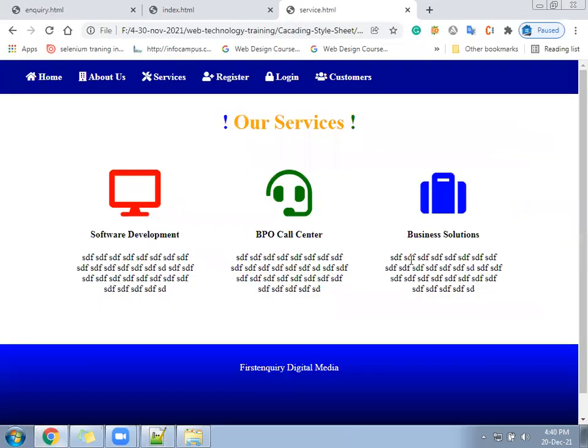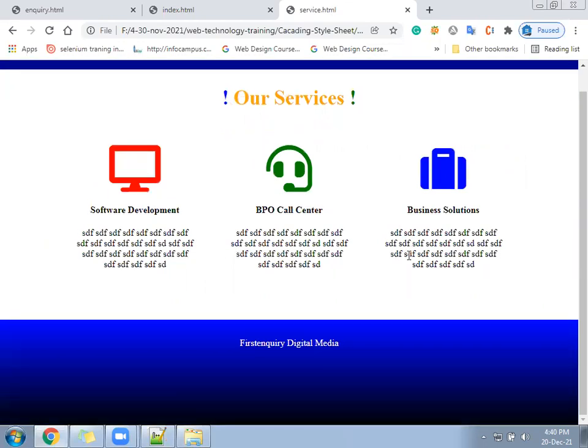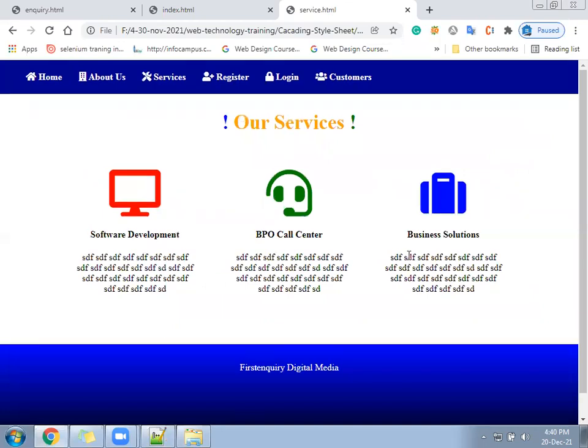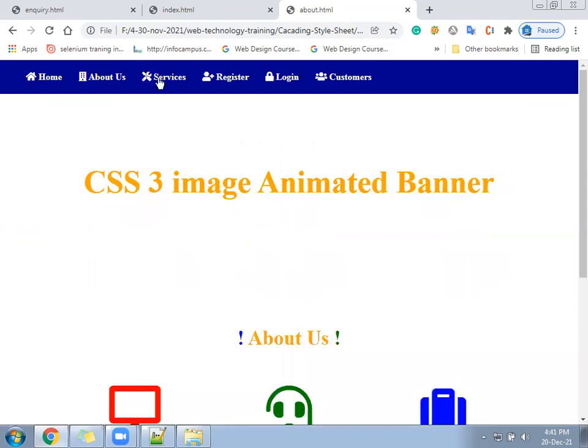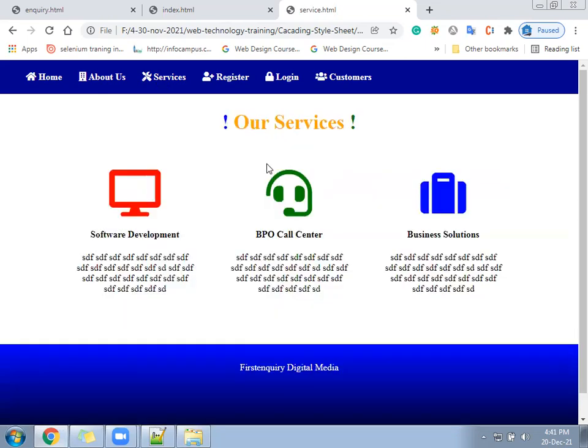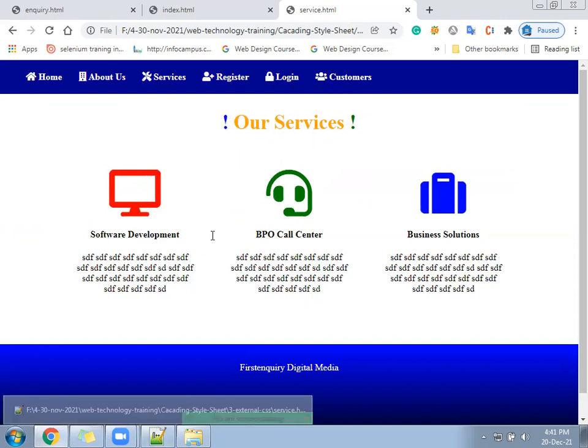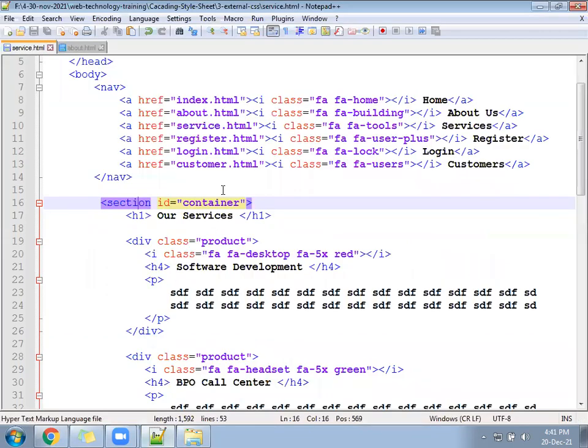Look at this, how it works. Something like this. So this will convert like this. 3 icons will be there, and everywhere you can see banner will get removed. Remaining will work for register also, login also, and customers also. Please confirm as well. Your page look like this or something else.